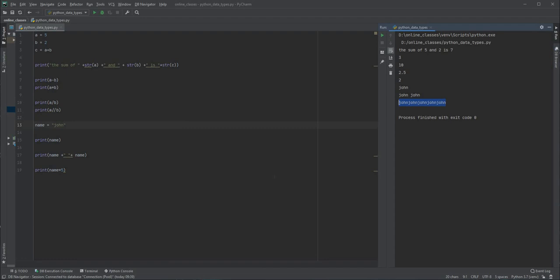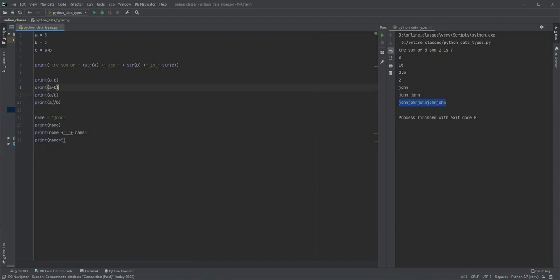So these are the tricks which are available in Python for us. If it is a string value also, we can do some kind of mathematical calculation on the string itself.